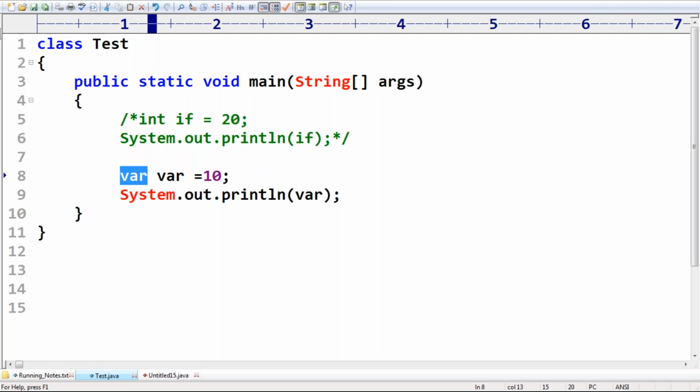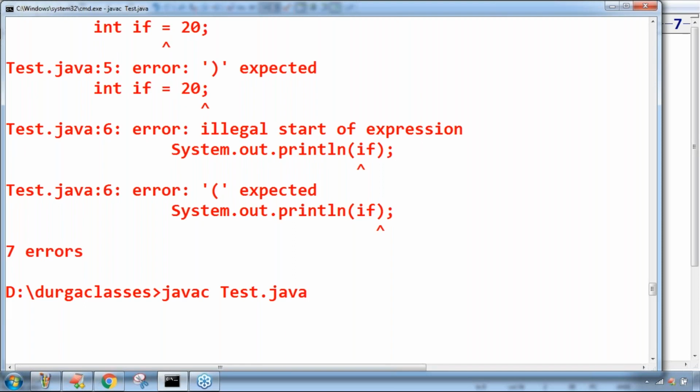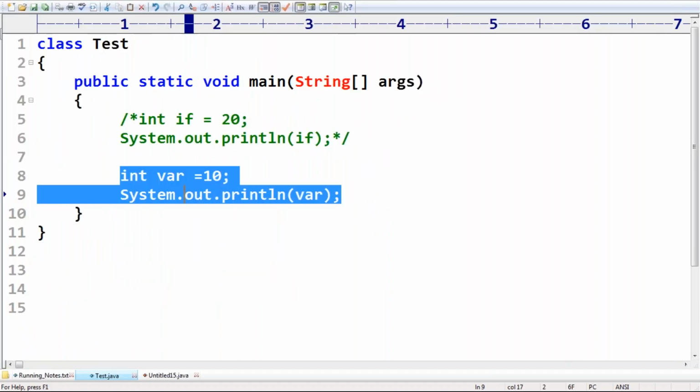That's fine. var is not a keyword in Java. Remember this one. At runtime the code is visible like this, so what is the problem? Happily the code compiles fine and runs fine. Yes, it is valid. At runtime there is no problem.